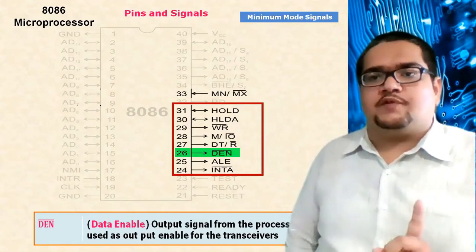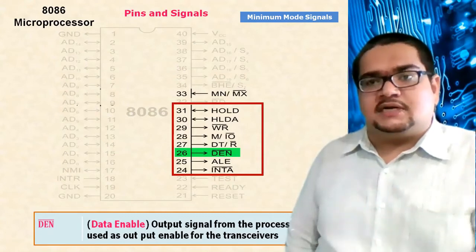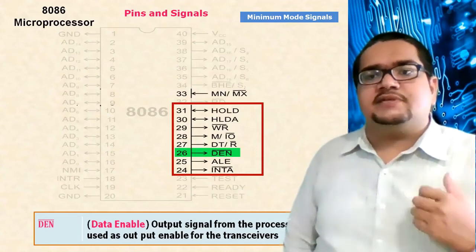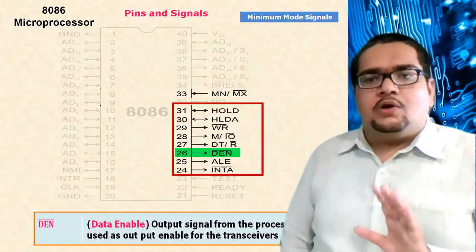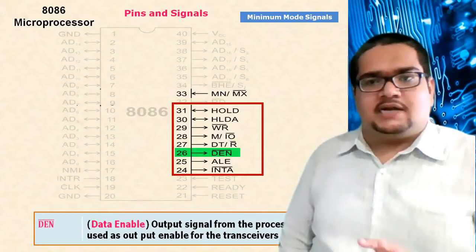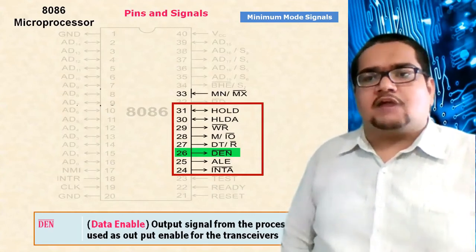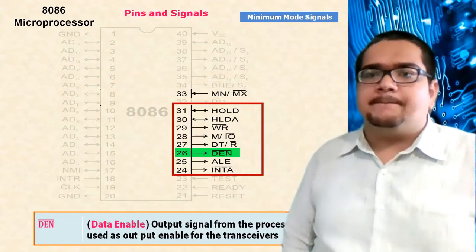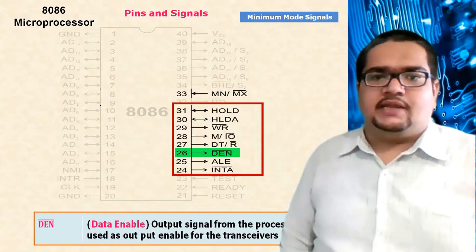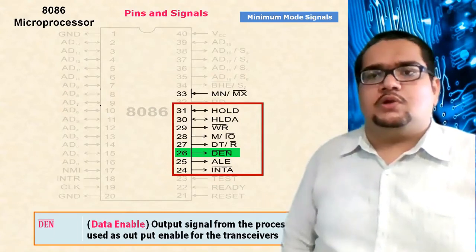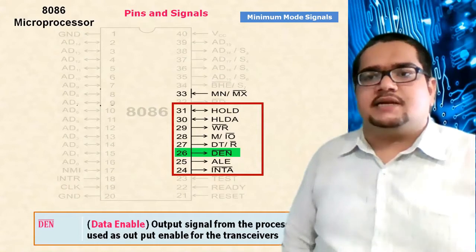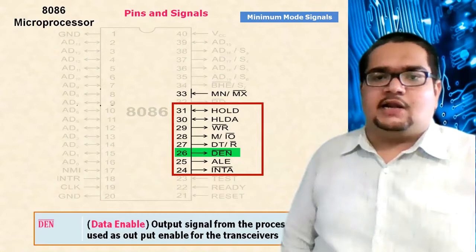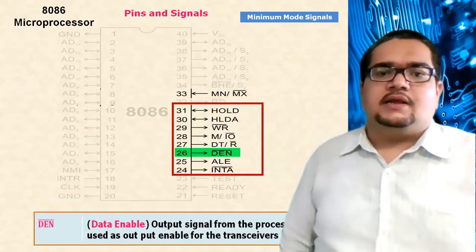For the second cycle it will store the first cycle's, for the third cycle it will store the second cycle's data and address. So likewise, every previous cycle's data and address will be stored, address onto the latches, data onto the buffers, and these two pins will be acting as an enable to these latches and buffers. Okay, we will see this one with the whole system configuration, how these lines are connected, where they are connected, how they are useful. We will also see the timing diagram today, read and write operation, to make our understanding clear.